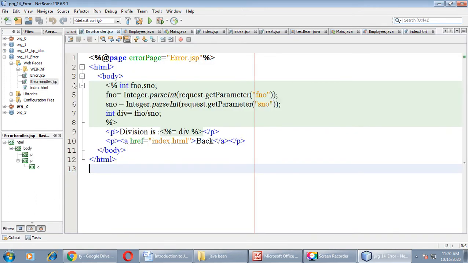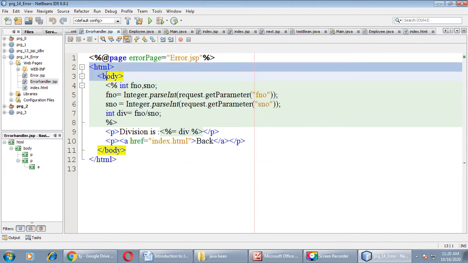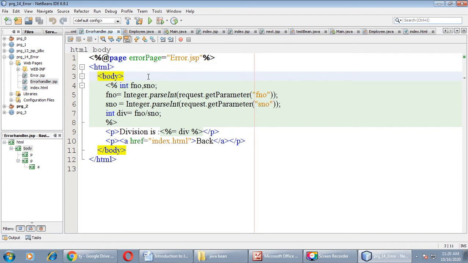In the errorhandler.jsp page, forget the first line. See line number 2: HTML tag begins, body tag begins, and here I have declared two integer numbers, fnumber and snumber. Then fno equals Integer.parseInt(request.getParameter("fno")). As all of you know, whatever you get through the text box will be in string format, so it is compulsory to convert that into its numeric value, right?